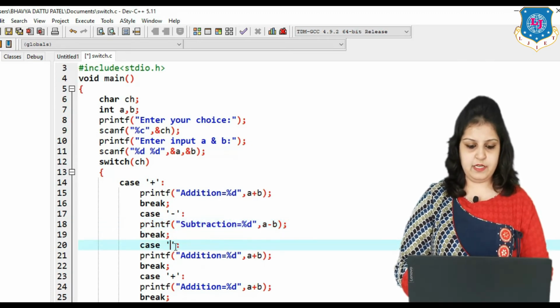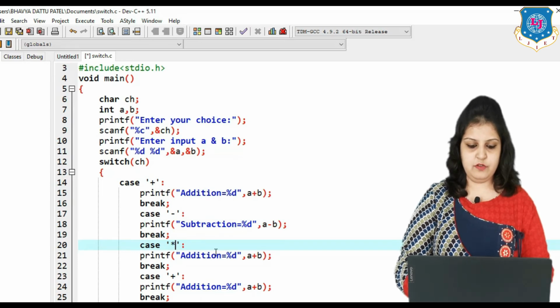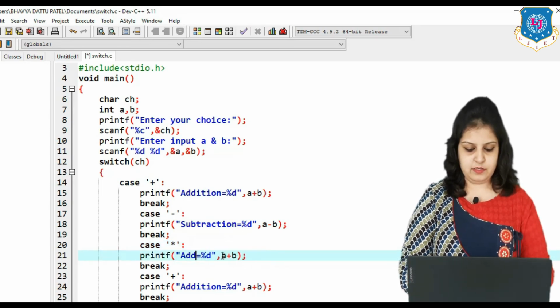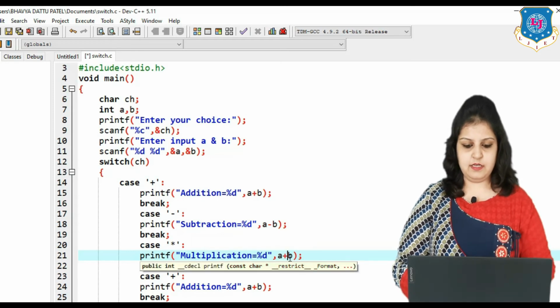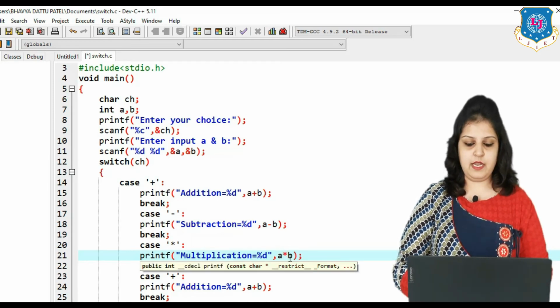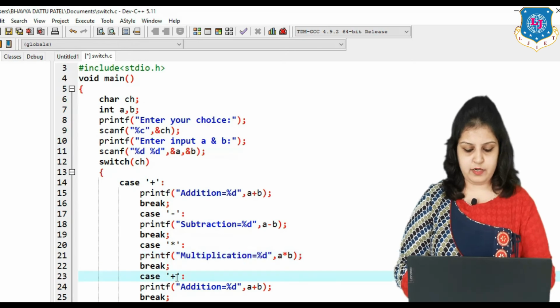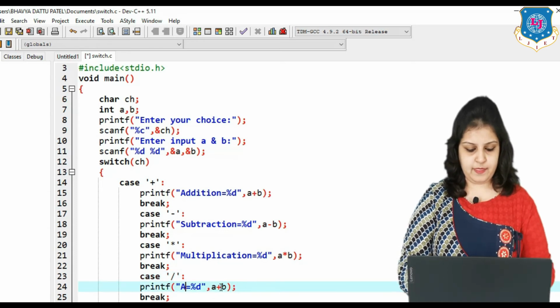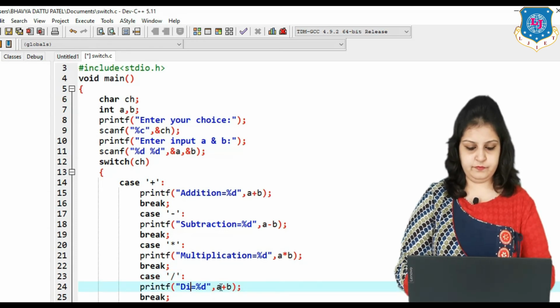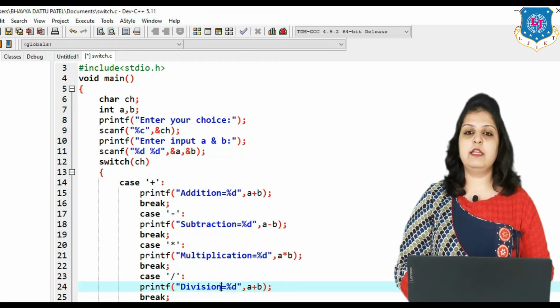So here the multiplication star symbol is used, and write in printf multiplication, and here the sign is multiplication. And the last case is for division. So here change the statement to division, and here write division.